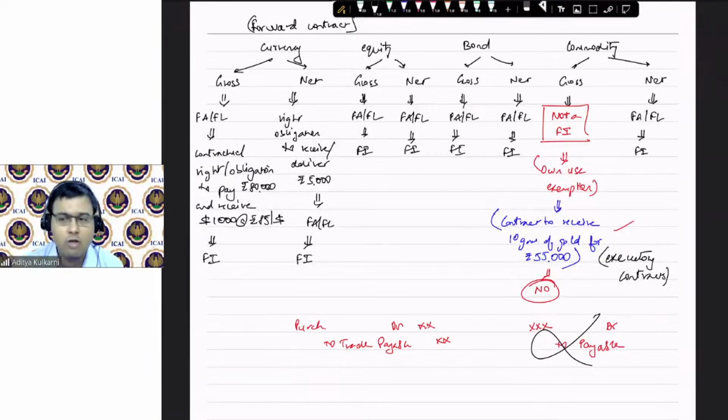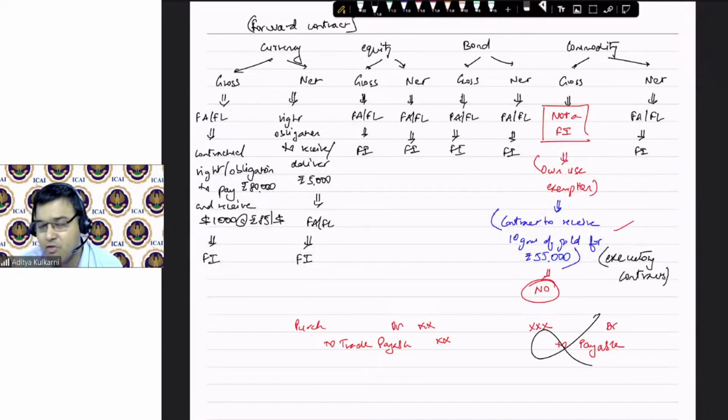You will make a provision, no doubt about it, but the contract will be deemed to have been executed only when the audit report is signed and given to you. And therefore, own use exemption contracts cannot have a financial liability obligation because the contracts have not been executed in the first place. Is it okay? That is why they do not fall under the ambit of financial liability.